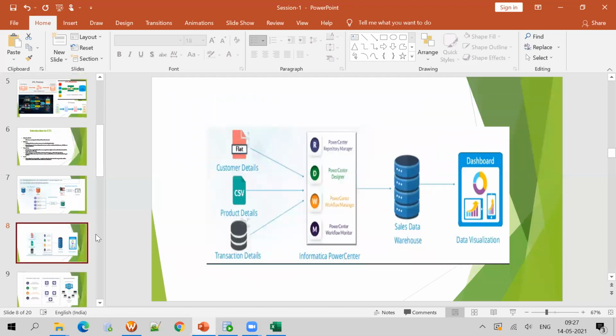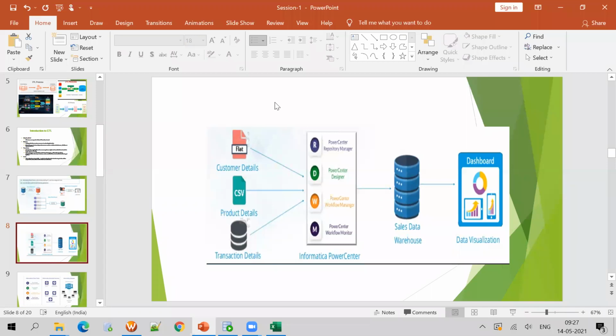Okay, so next slide. In Informatica Power Center, we have 4 tools. I will tell you what these tools are. See, we will be having customer details as a file, or product details in a CSV, or transaction details in the database.